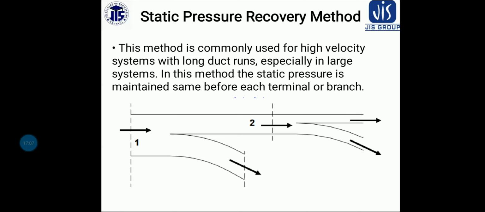What do you mean by total pressure? The total pressure is the sum of the static pressure and dynamic or velocity pressure. Due to the velocity, whatever pressure we are getting is the velocity pressure or dynamic pressure, and it is equal to the drop in the static pressure necessary to produce a given velocity of flow. The total pressure may be positive or negative, depending upon the static pressure, because velocity pressure is always positive.